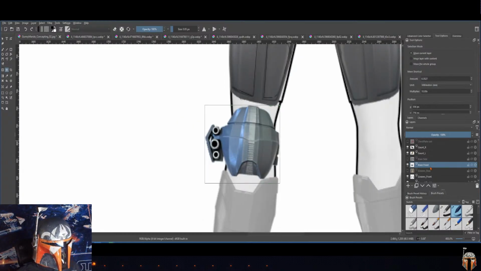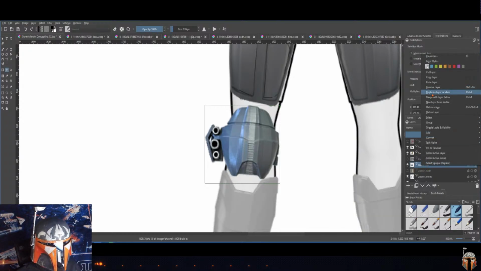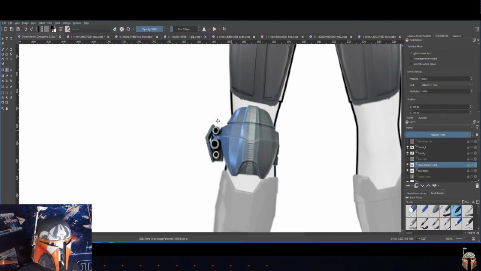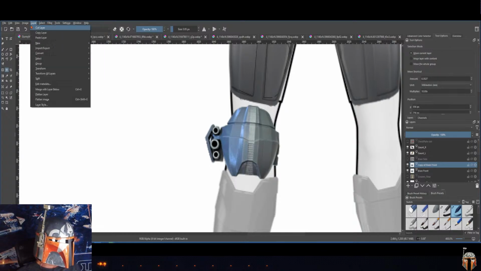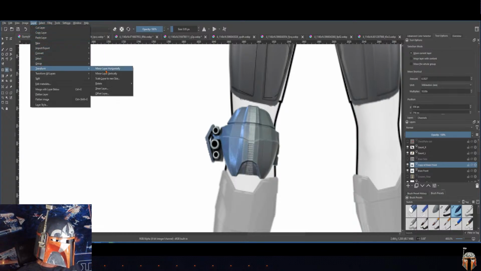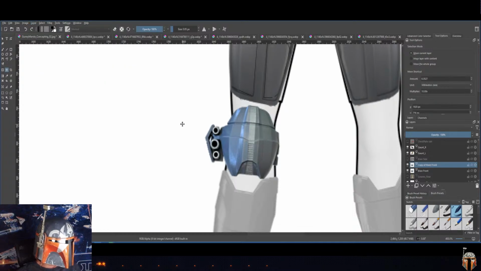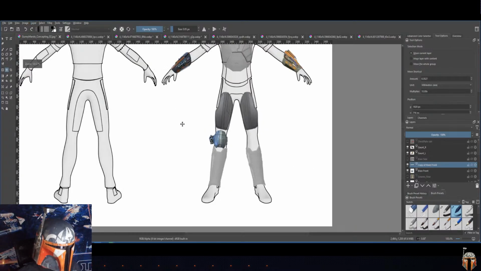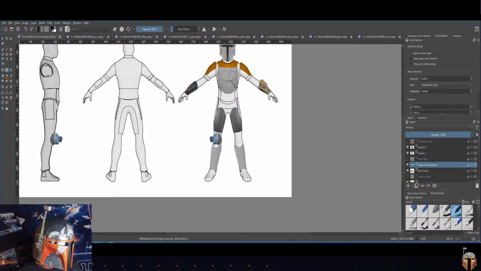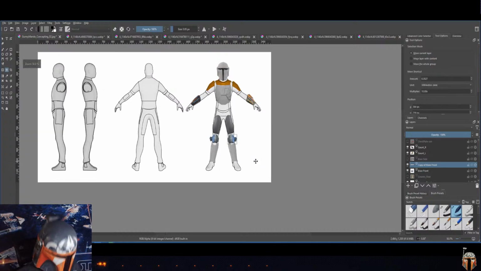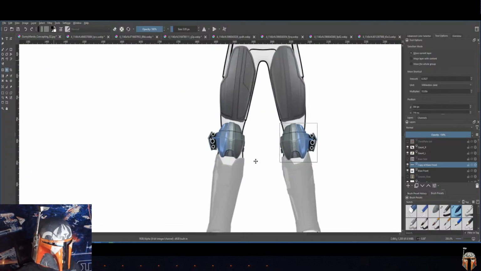So we're going to do the same thing here where we duplicate layer our mask, and then we're going to want to flip that. I'm going to go layer, transform, mirror layer horizontally. And now we got to go find where I put it. It was over here. Okay. And then we are still on move. We're in the right thing. Nice thing is it's already rotated correctly for us. We don't need to do anything else to this image other than get it consistent with the other things we've